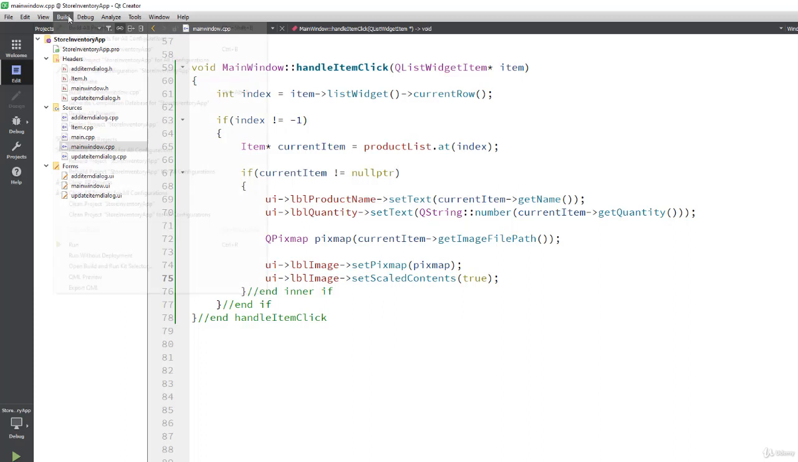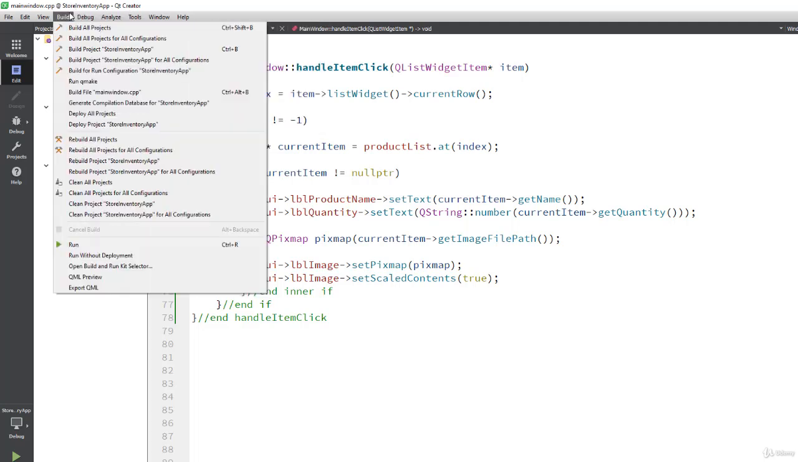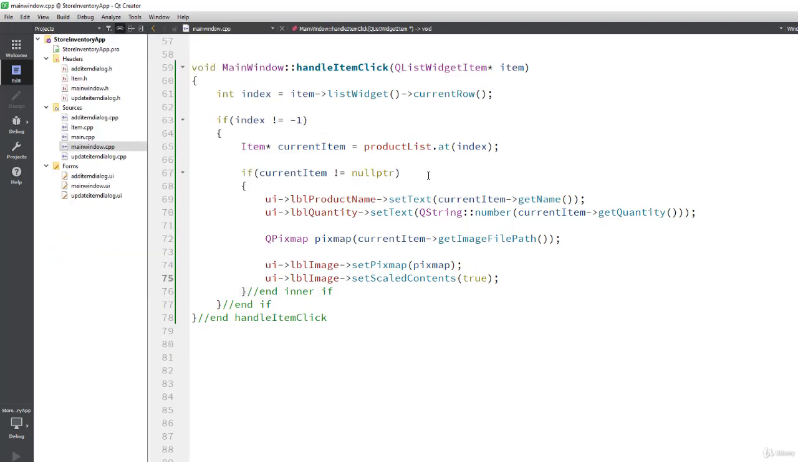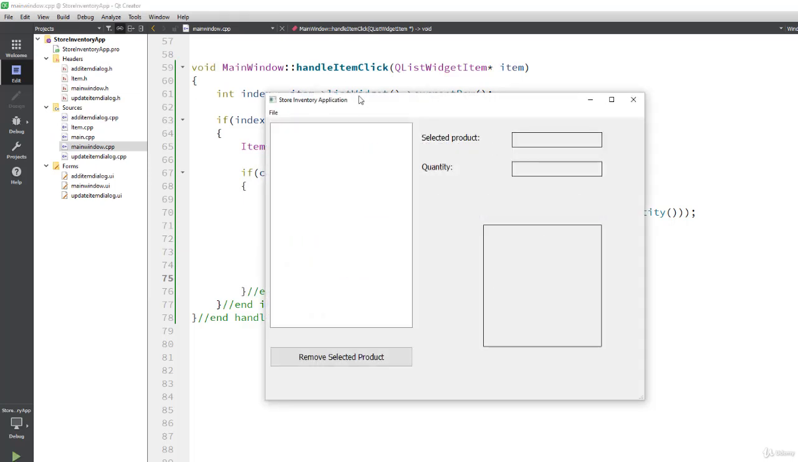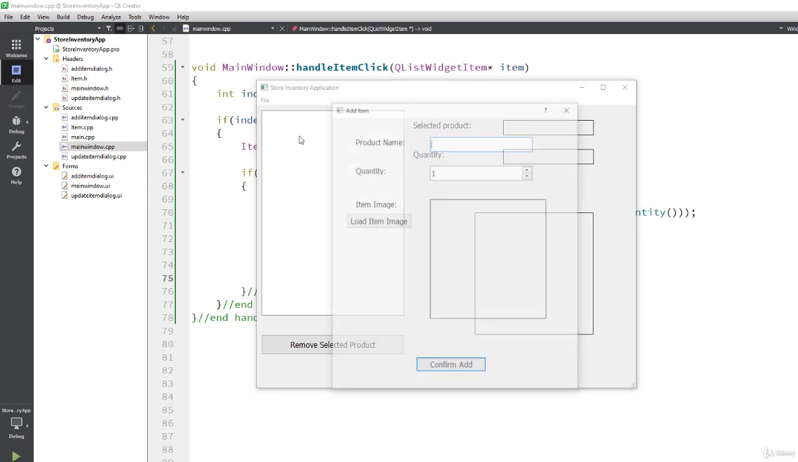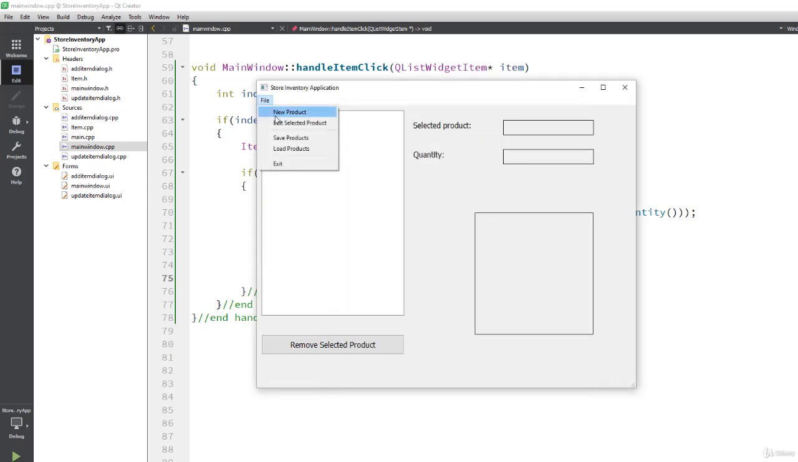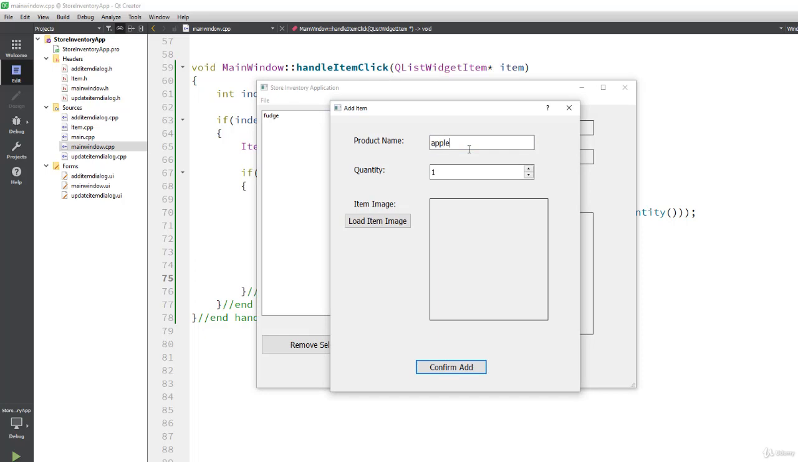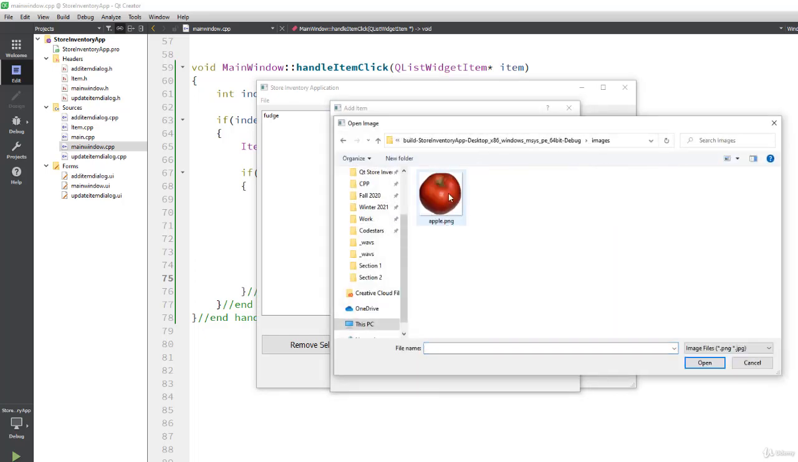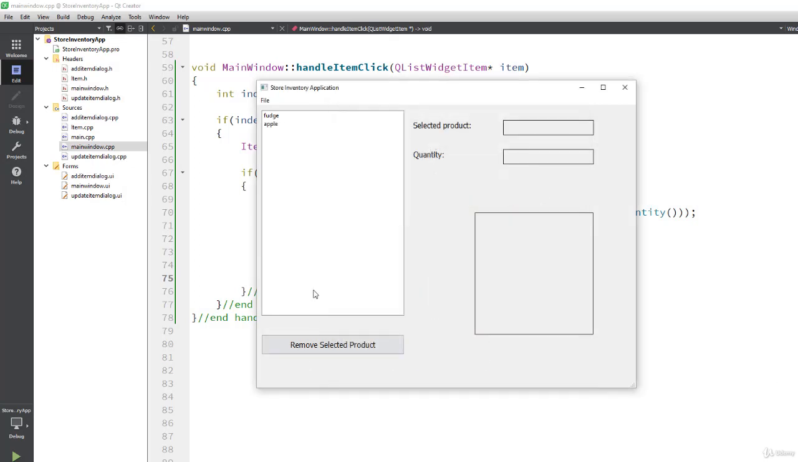So I'm going to build it and make sure it builds properly. And then we are going to, oops, we'll just start regular. So build, run, and let's see what happens. New product, so we'll say fudge, and we'll do apple. I'm going to say 5, and we'll go with the image we already have, confirm add,